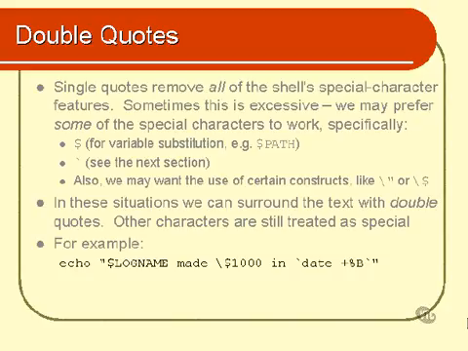And the answer is yes, it will, because the $ sign remains special inside double quotes. So if the $ sign remains special, then some strange behavior is going to happen when we try and print out $1,000. So we actually put a backslash in front of the $ sign